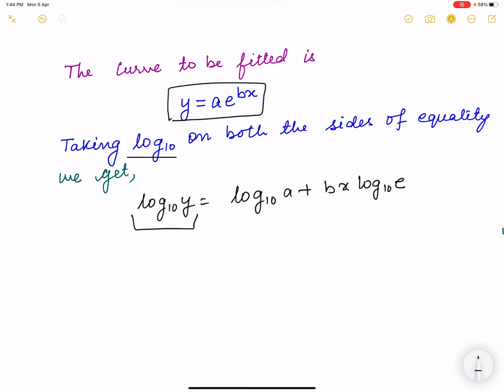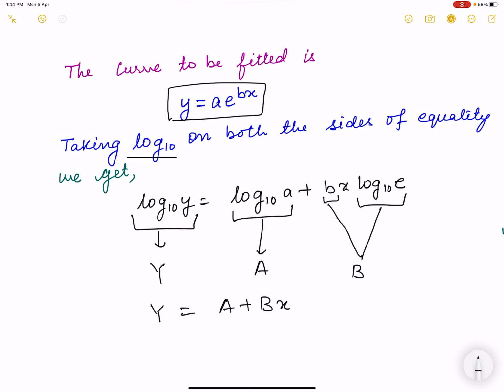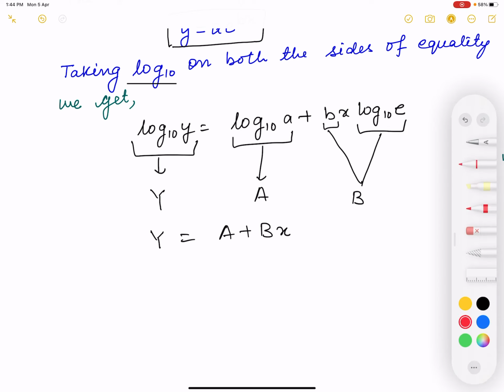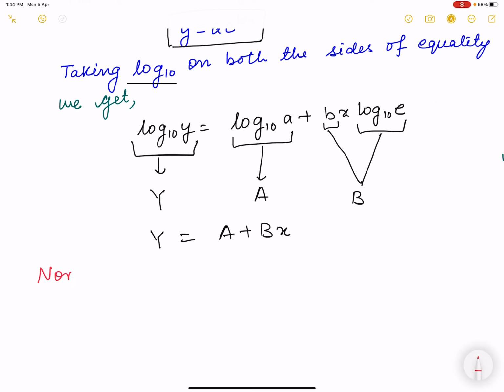Now we will replace log y by capital Y, log a by a constant capital A, and b log e by a constant capital B. In this way, the equation reduces to Y is equal to A plus Bx. And we know the normal equations for the straight line, and the normal equations will be